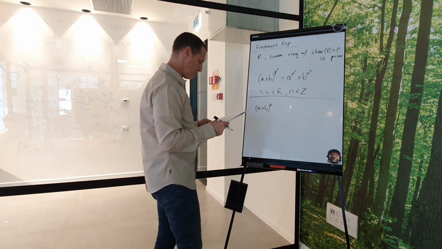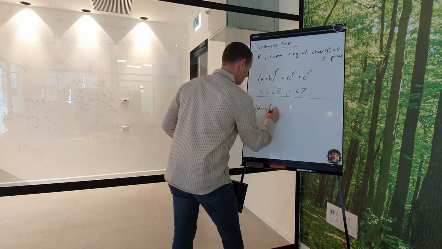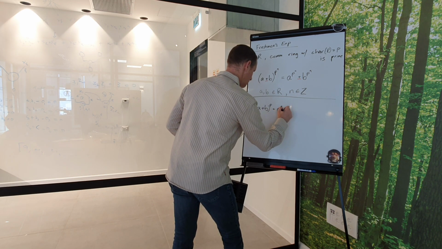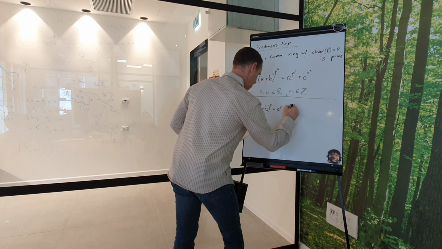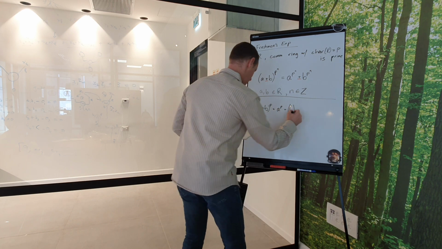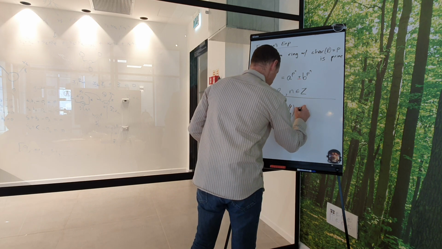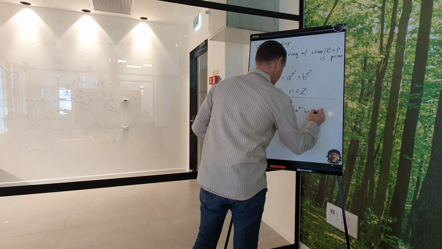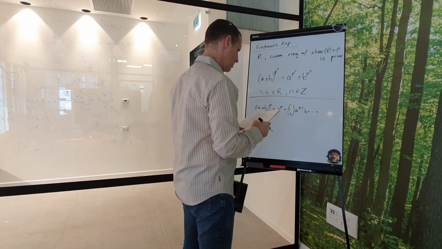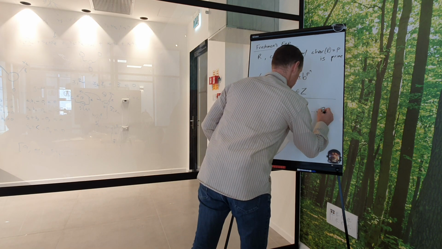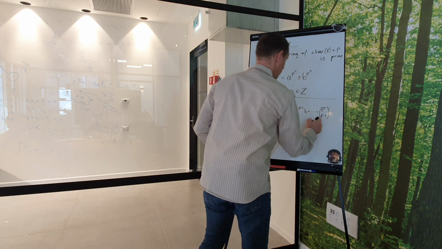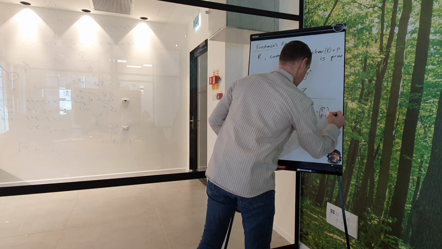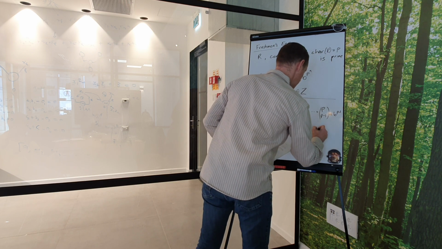We know that it's actually equal to a to the power p plus p over 1 times a to the p minus 1 times b, and then we've got all the middle terms, and the one before last would be p minus 1, which is the same, but we'll write it anyway: a times b to the p minus 1, plus